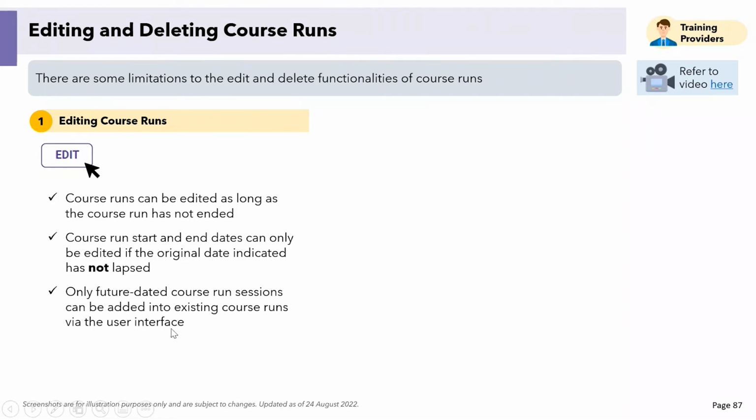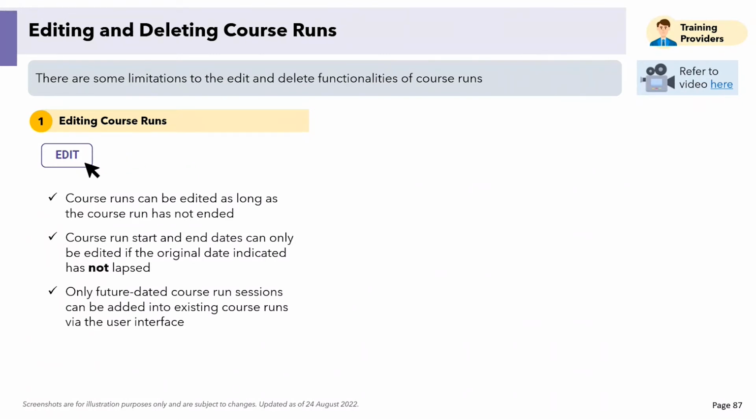And if, let's say, they edit and they want to add in new course run sessions, they can only add future-dated course run sessions, because for course run sessions, they also cannot backdate. If they want to add in new course run sessions that have already passed, what they need to do is use the upload function, and that one is very painful because to do that, they need to, when they are keying in columns A to R, the course run information,